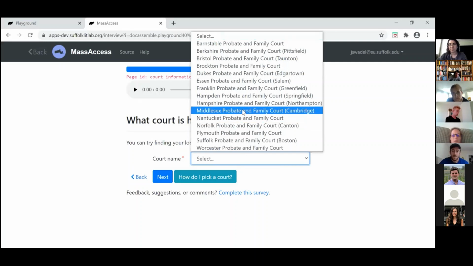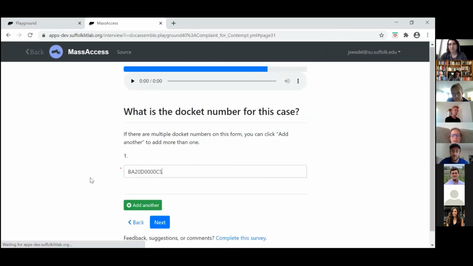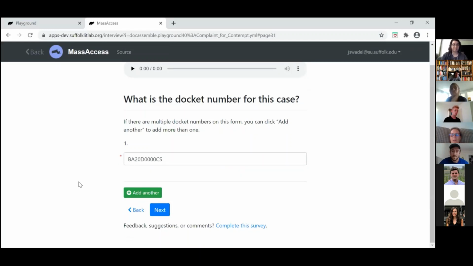Oh, that reminds me, Kate, we were going to talk about it. It was a generic family form, but I did get asked a question about multiple docket numbers. I forget what it was, and I never answered it. I think it has to do with there's only a certain amount of space on the form.